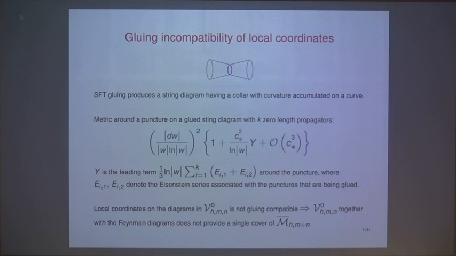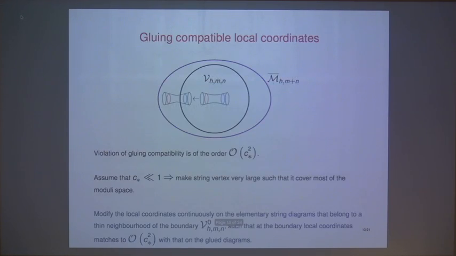So anyway, that means you are not able to construct hyperbolic diagrams using string field theory gluing. So you can go ahead and study what is the local coordinate that is induced on a glued diagram. We can calculate it, and that's given by the hyperbolic metric multiplied with